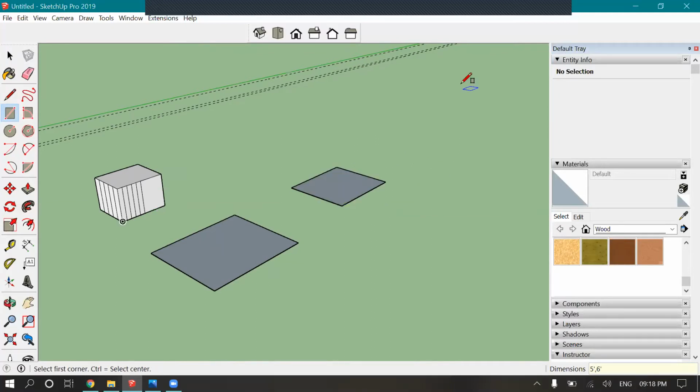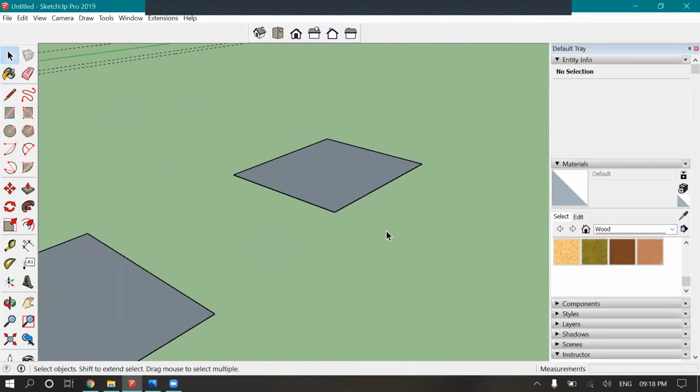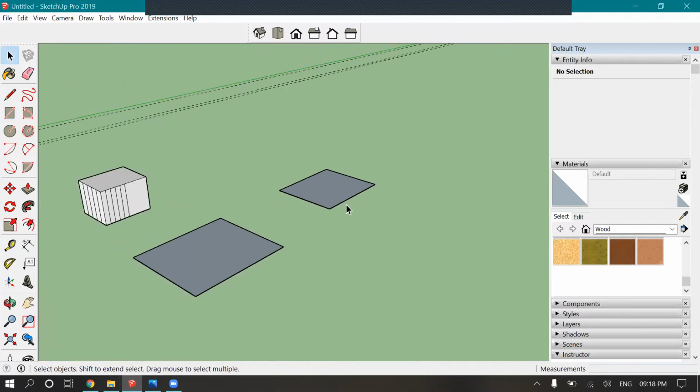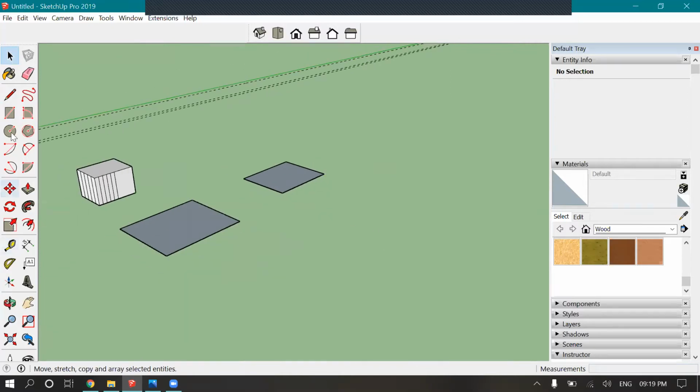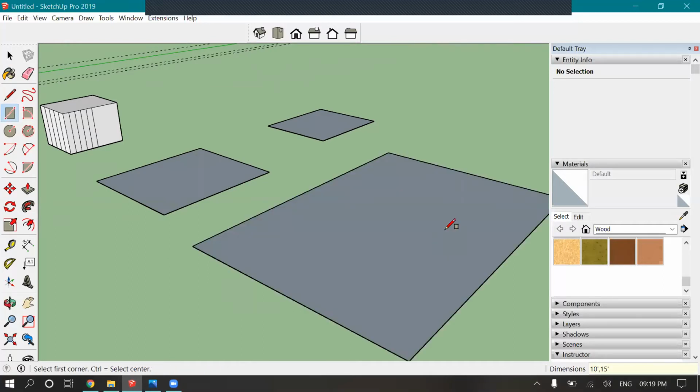Sir, do we have to give a feet sign, or will it take automatically? It will take. Just see once more, like 10 feet, comma, 15 feet.